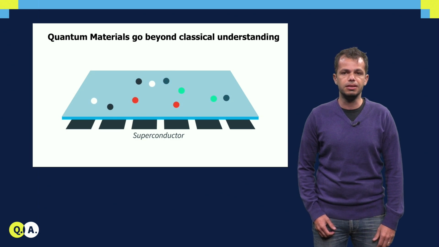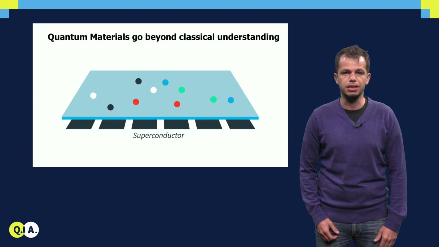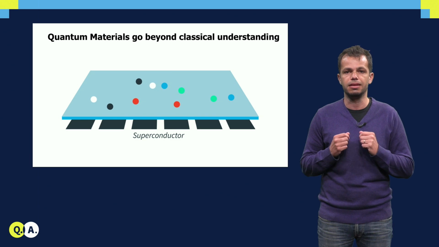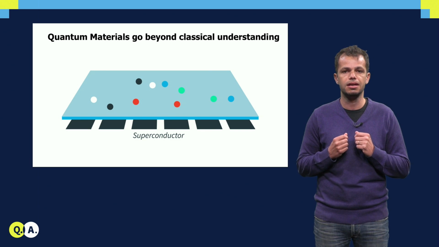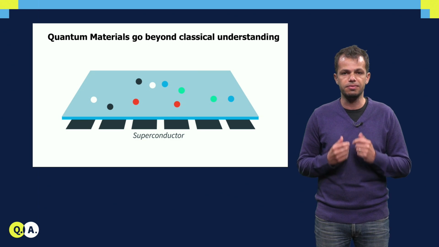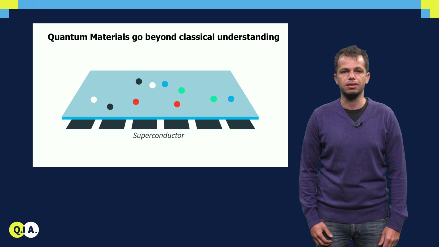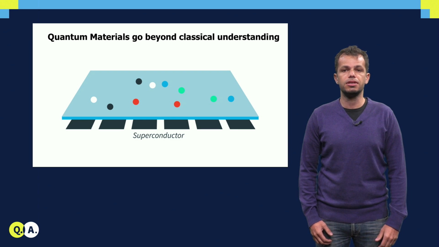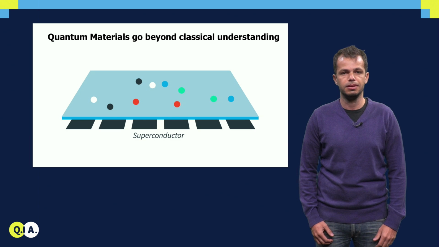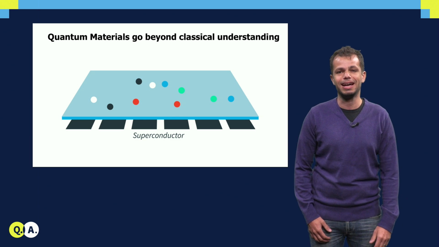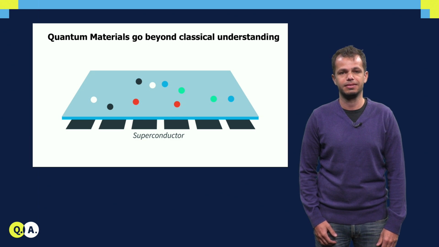In superconductor materials, the interaction between electrons mediated by the vibrations of the crystal lattice creates the so-called Cooper pairs. Differently from individual electrons, Cooper pairs can share the same quantum state. Superconductivity emerges from the concerted state of pairs that propagates without electrical resistance through the crystal. And certainly you need quantum mechanics to understand this.